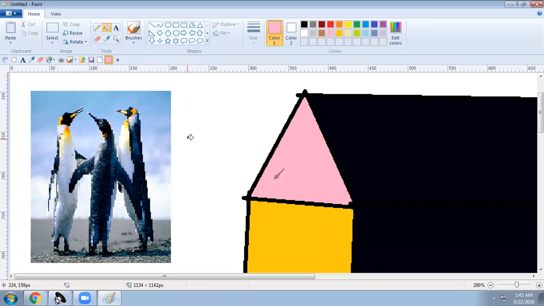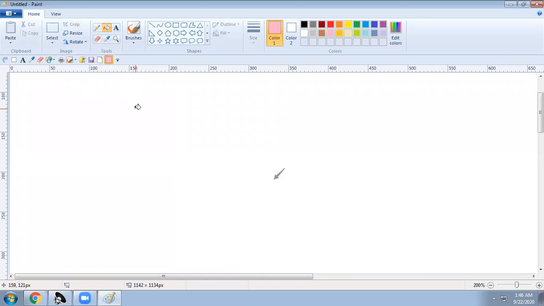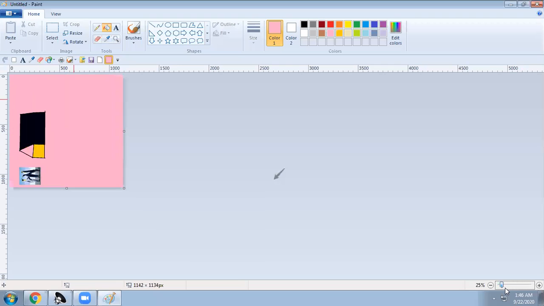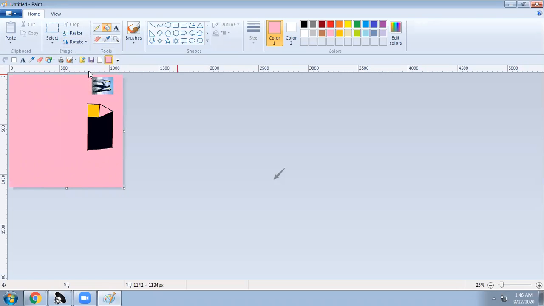So what else can I tell you in this? If I want to rotate, I can rotate also. You see the picture has got rotated. If I rotate 180 degrees, it has got rotated like this.